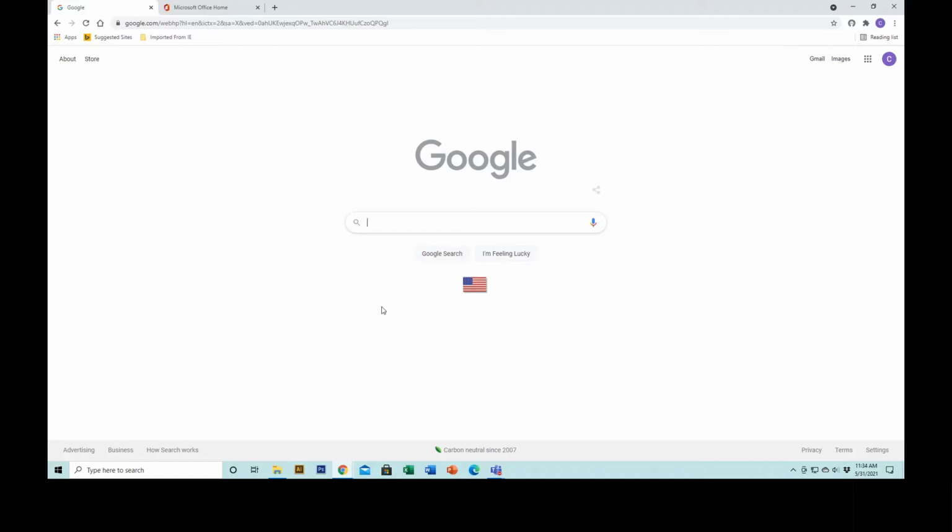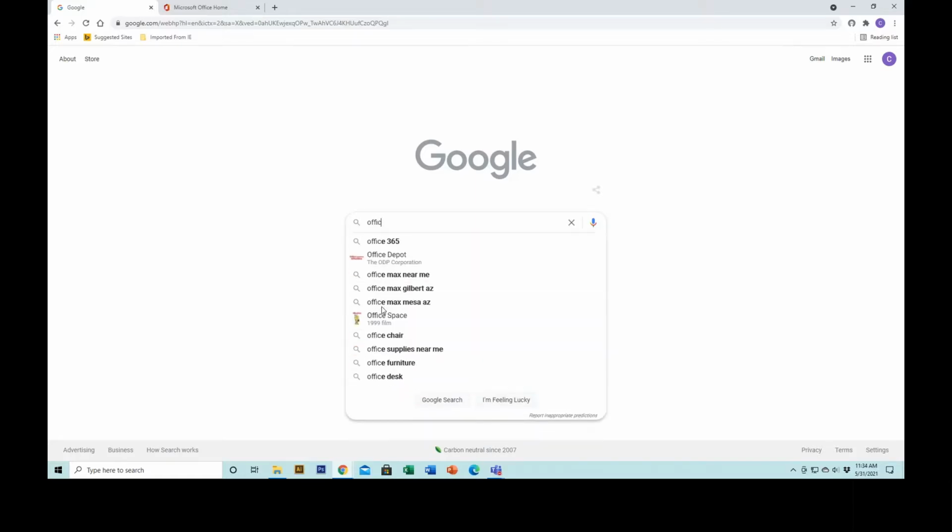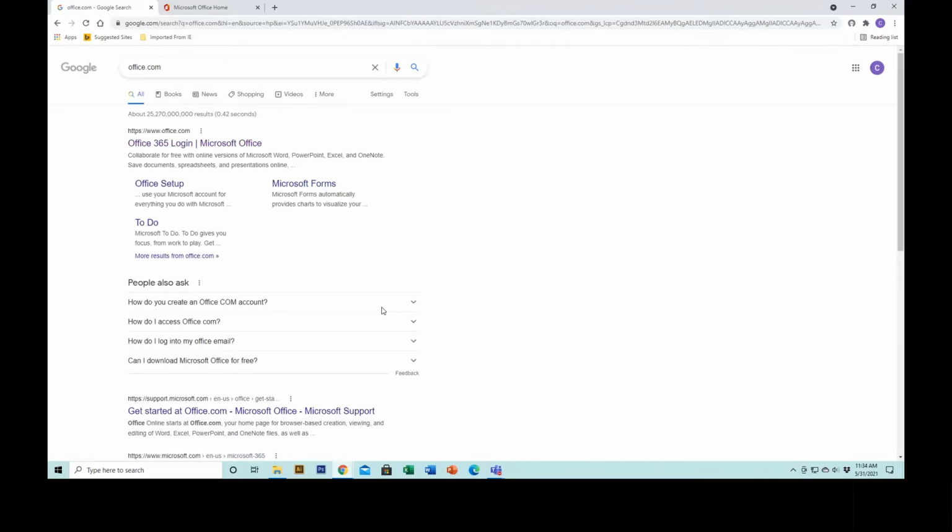Now that we're over at the computer, we're going to have you go to office.com. This will bring up the Office 365 login. Now, for those of you that don't have access to a business account, that you're able to have the Office 365 and SharePoint and Teams and all of the extras,